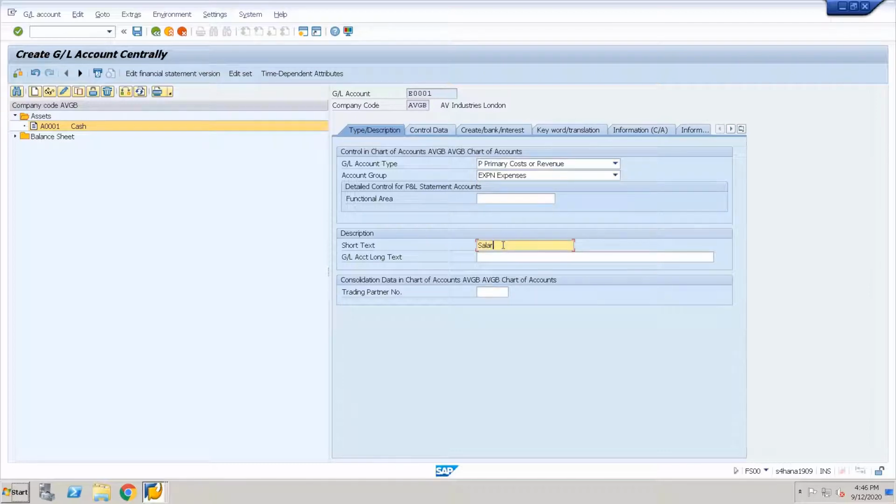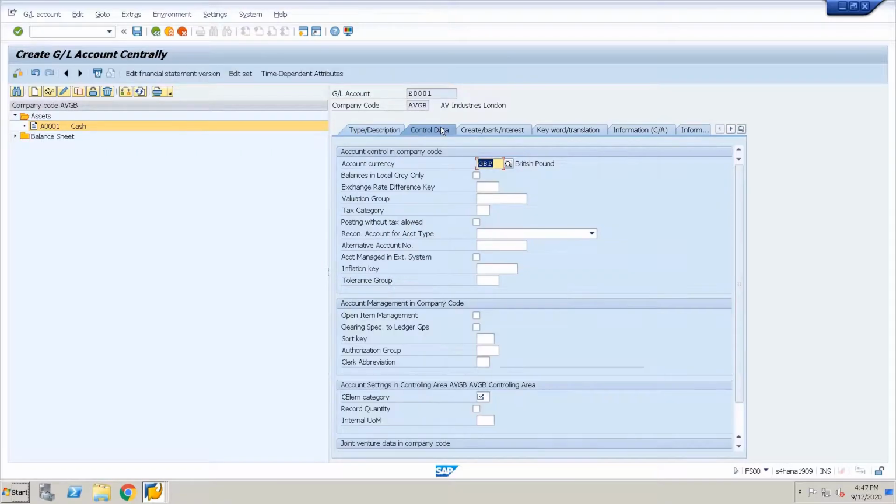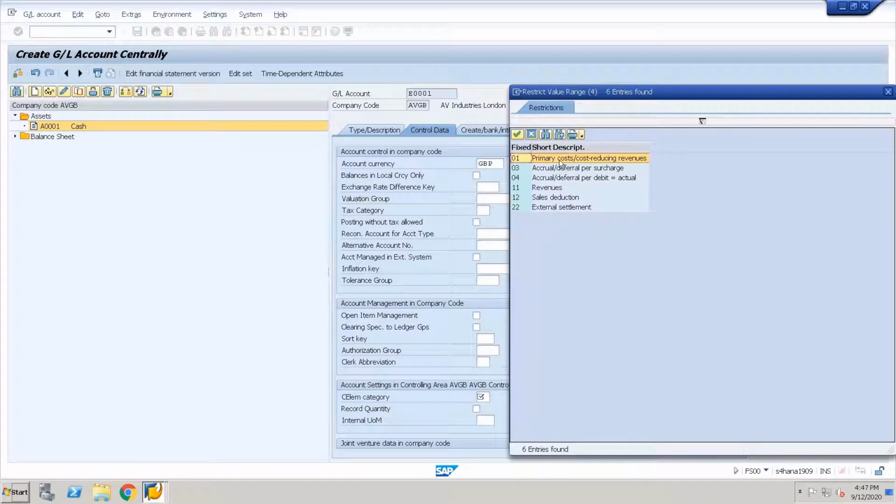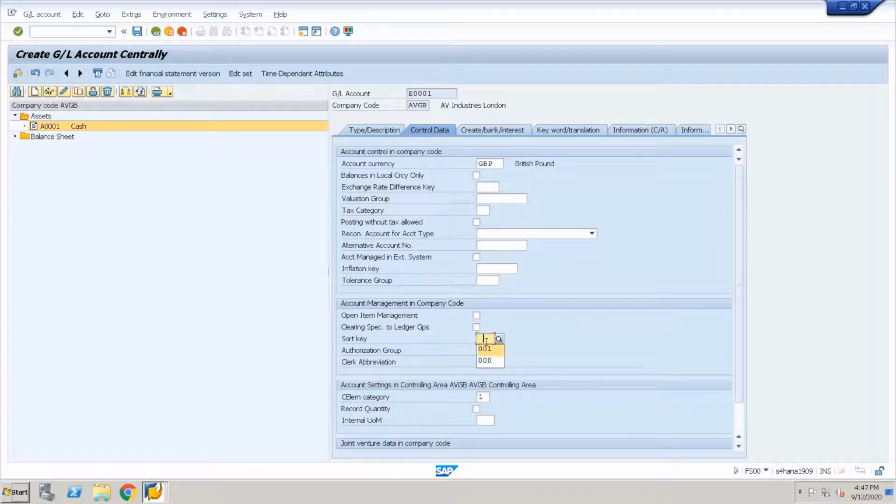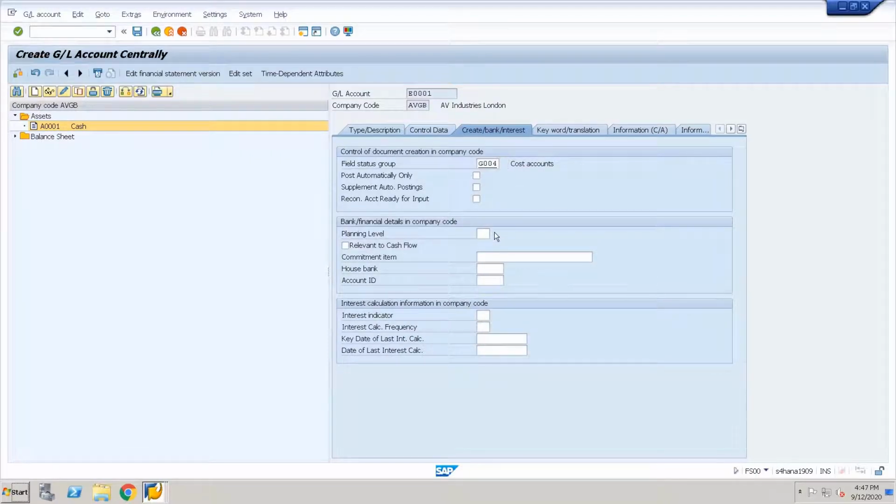Let me take it as salary expenses. The cost element category, I'll take it as primary cost, short key, save it.